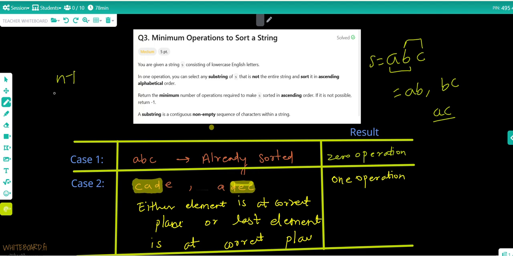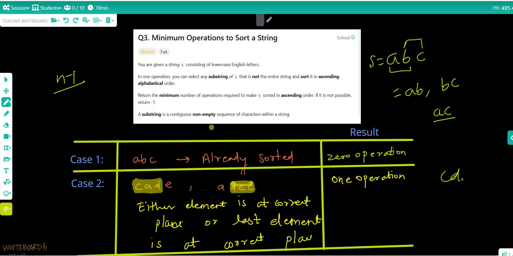If the length of the string is n, then the maximum length which we can choose, following the condition that we cannot choose the whole string, is n minus 1. Then we can choose either the left n minus 1 or the right n minus 1.